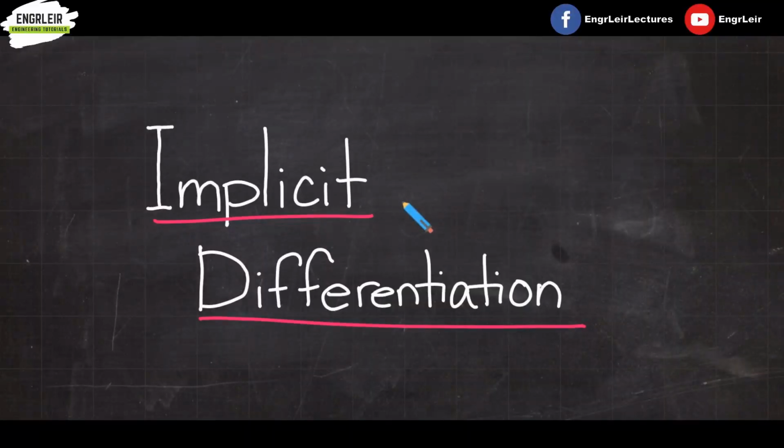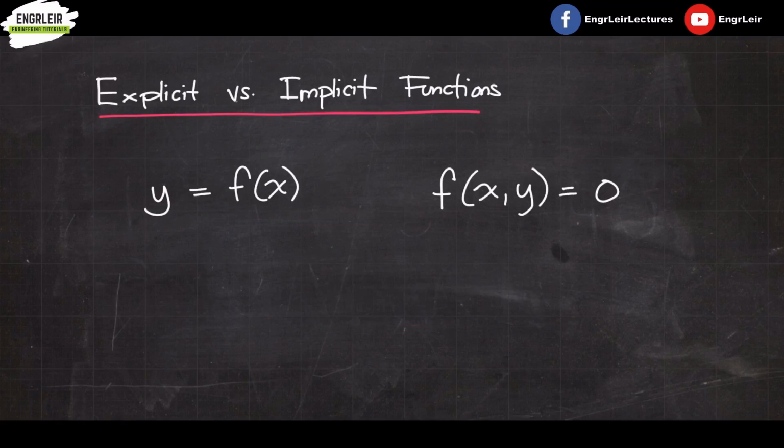This lesson is about implicit differentiation. First, let's talk about explicit and implicit functions. Pag sinabing explicit function, ganito yung itsura niya. For example, ang variables natin is x and y, and we can find that y is equal to some function